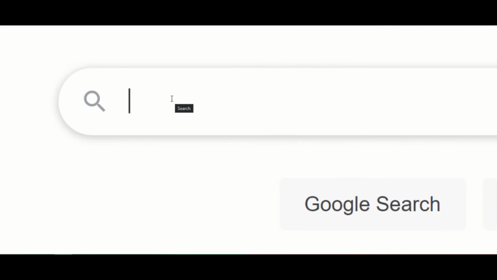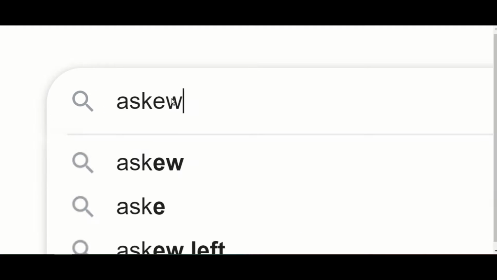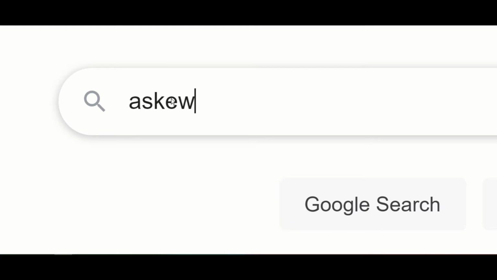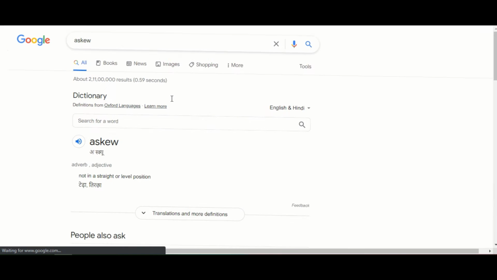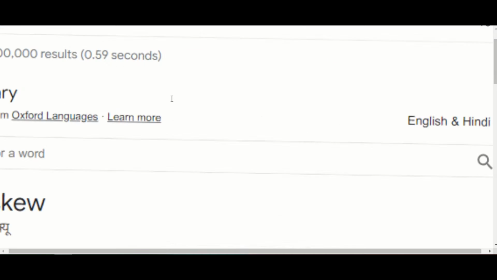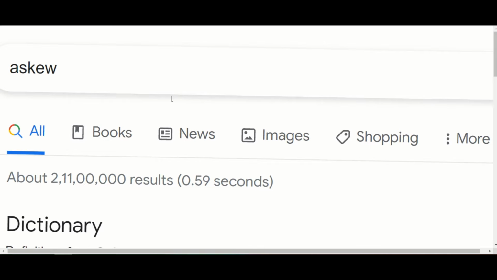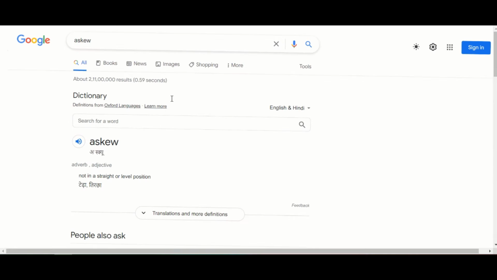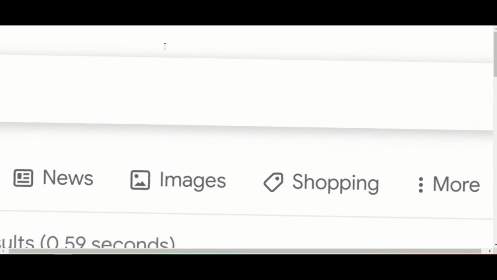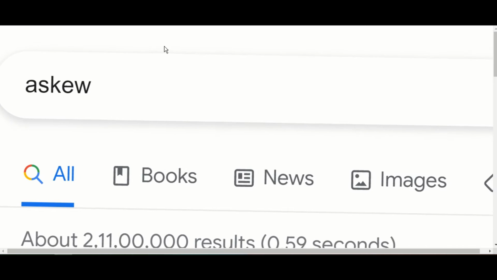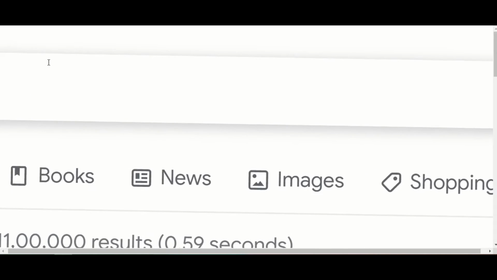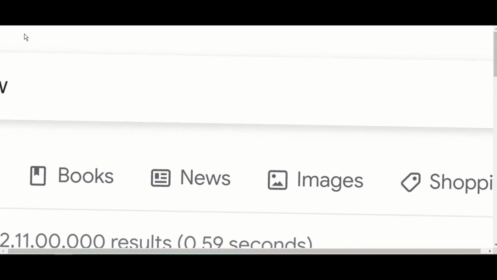Alright, for our first Easter egg, we have to search for askew either on the Google search engine or on Google Chrome. Once we search this, we'll realize that the page itself is tilted towards the right. However, this is not very visible at the start unless you zoom in and you realize that the text box is slightly askew, and as you can see, the distance from the text box to the top here and here